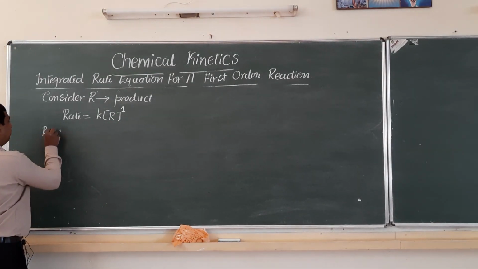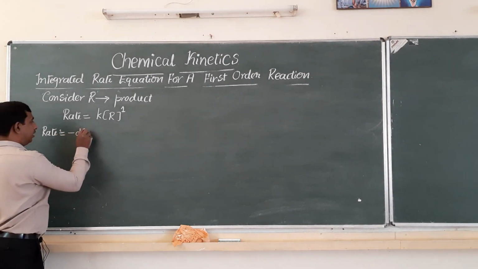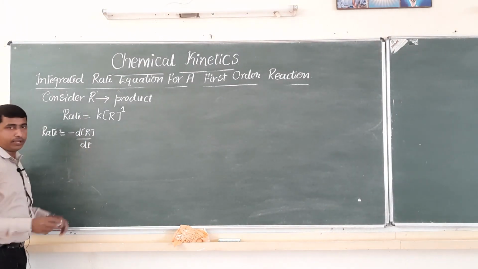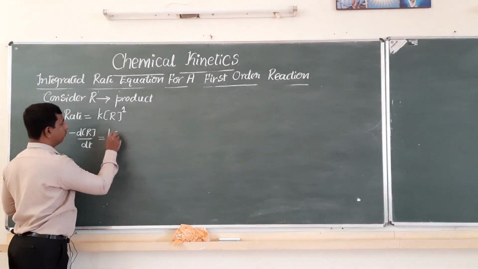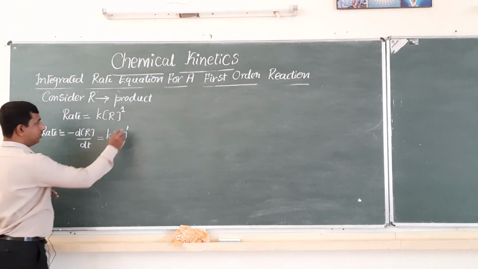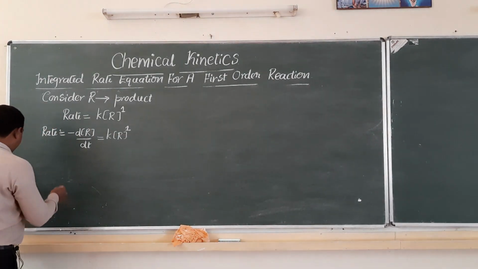Or rate can be written like this. So rate is equal to minus dR by dt. It is equal to K into the concentration of the reactant, power 1. On rearranging,